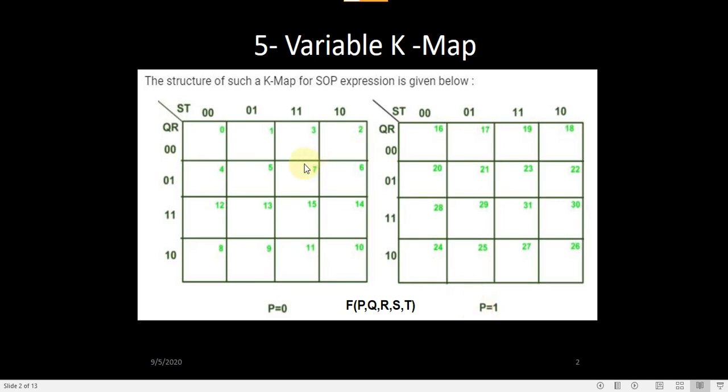Now, if you see the arrangement of the min terms, for p equal to 0 it is 0, 1, 2, 3, 4, 5, 6, 7, 8, 9, 10, 11, then 12, 13, 14, 15. And then the next one starts here. Now p has become 1. So 16, 17, 18, 19, 20, 21, 22, 23, then the last row 24, 25, 26, and then 27 inside, 28, 29, 30 in the outermost, 31 inside. So this is how the min terms are going to be spread.